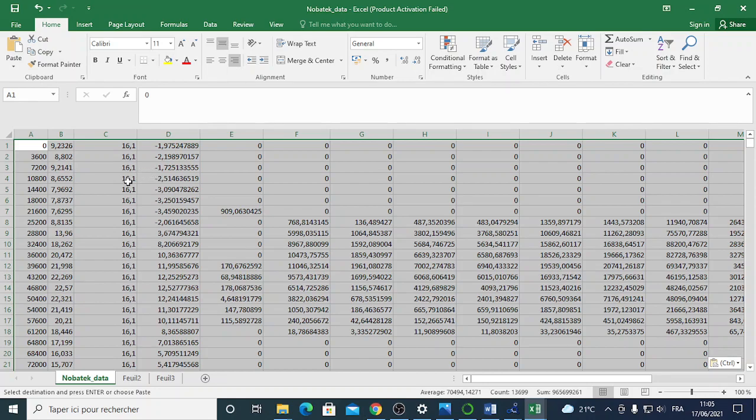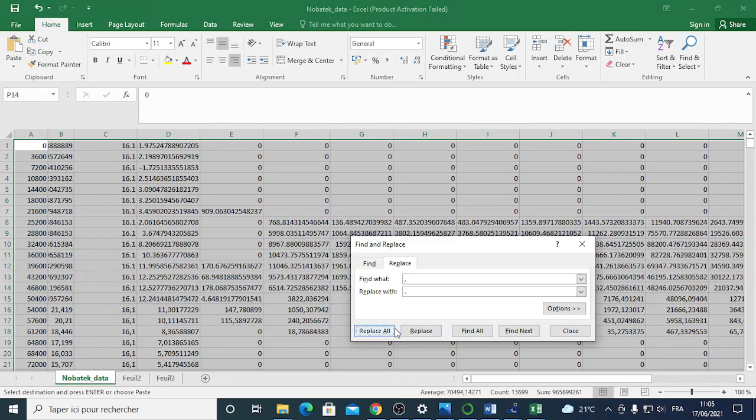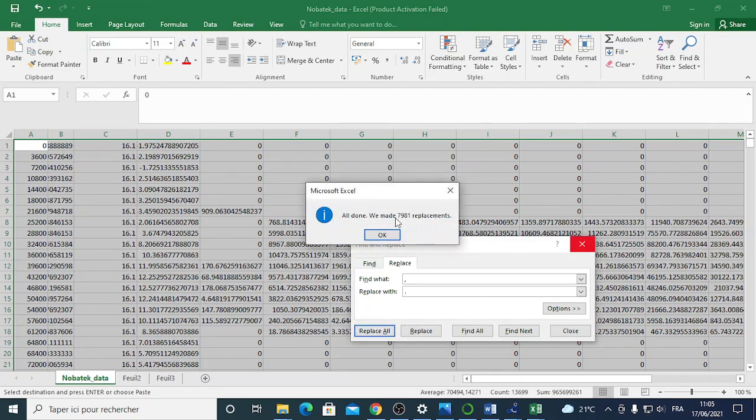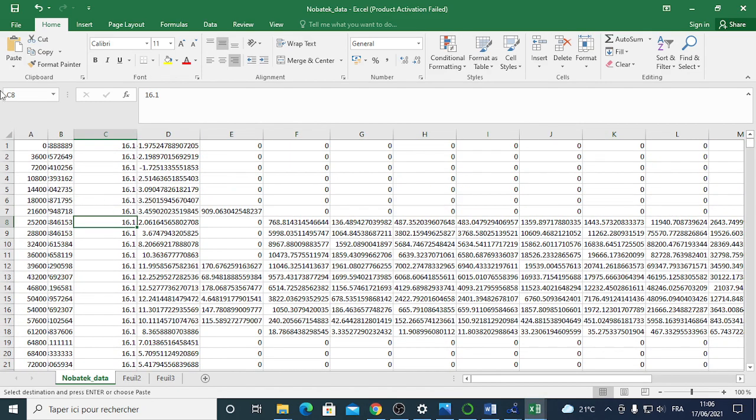So what I do is replace, and I'm gonna replace everything by a dot. Let's replace all, and it's gonna replace everything. And once it's replaced, I'm just gonna save this file. Alright, and saved, and I close. So